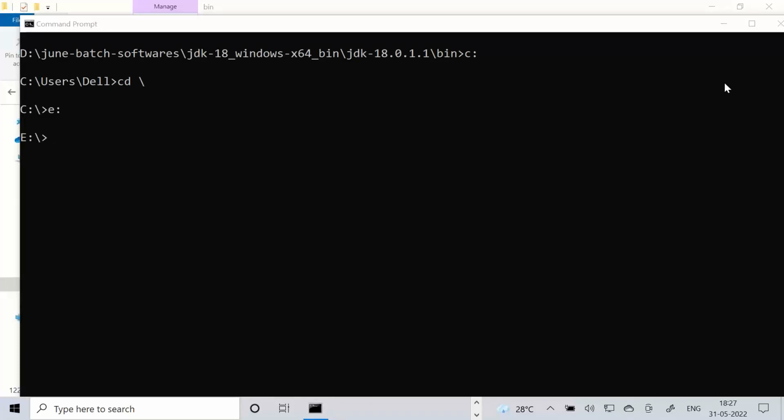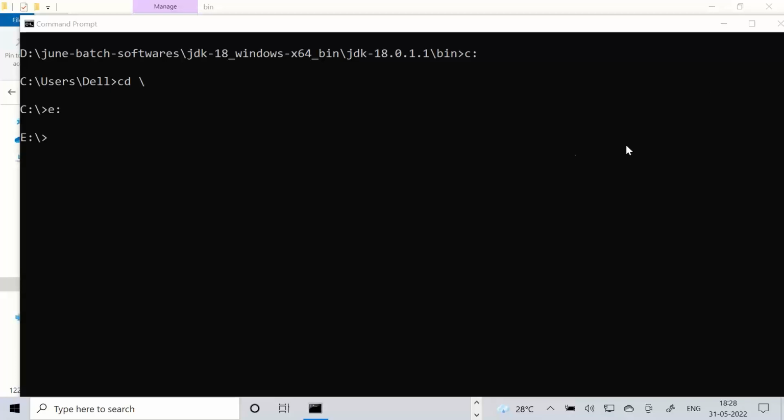How to change from one drive to another drive? Just mention the drive colon, like E colon. How to come to the root of the current drive? cd space slash. How to go to a child directory? cd space child directory. How to clear the screen?